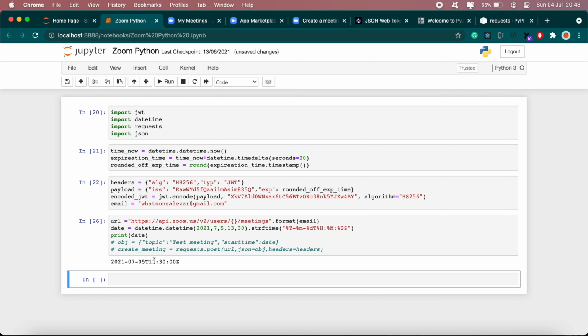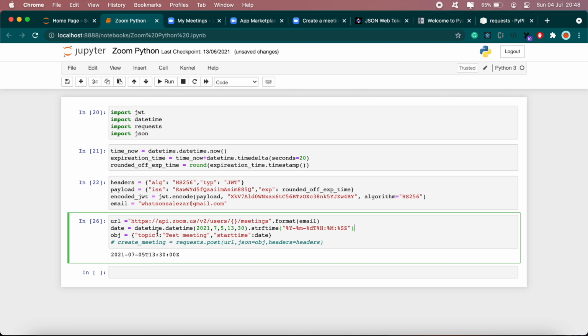Okay, so that's the required format for the date. So once we have that, we can continue with our object, and we'll pass in date,